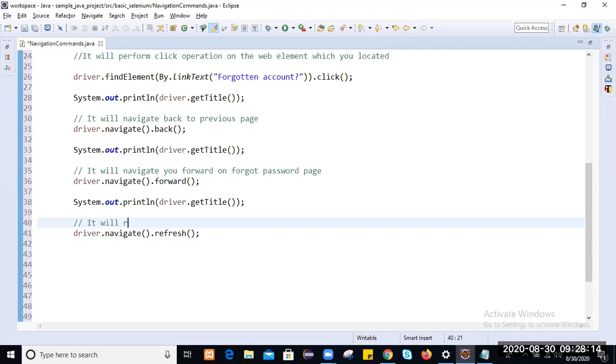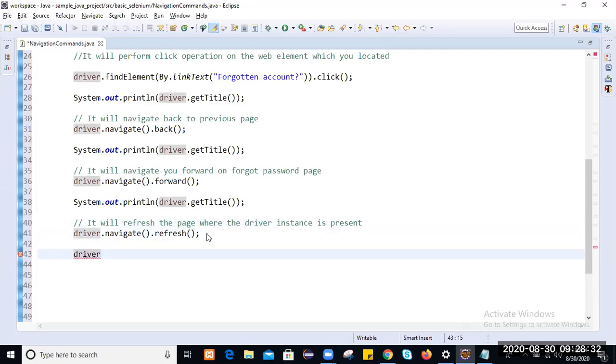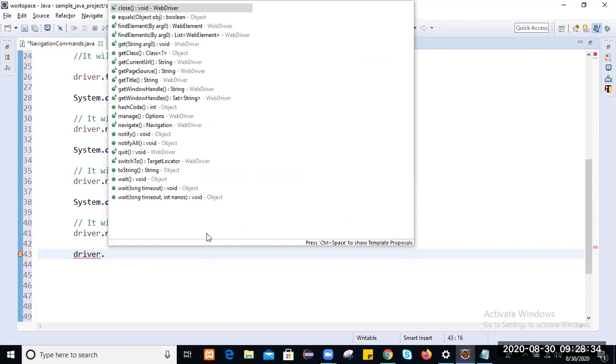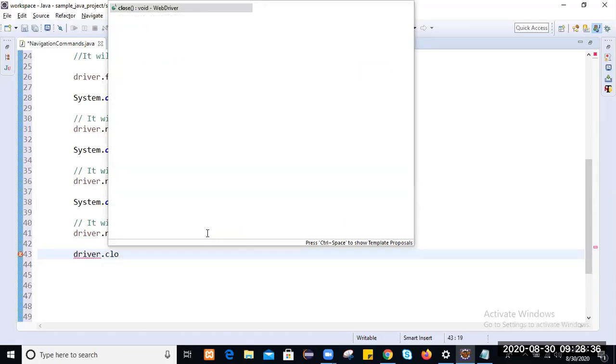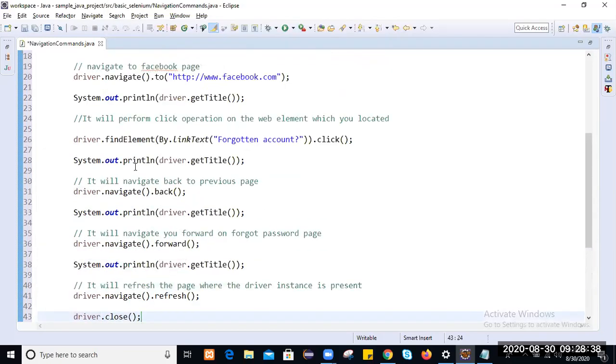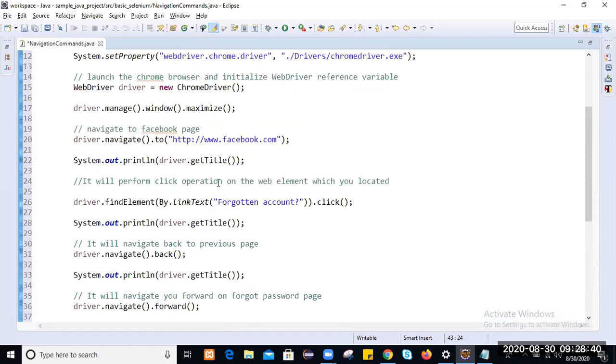It will refresh the page where the driver instance is present. Then finally, driver dot close. All these operations will be performed very quickly.